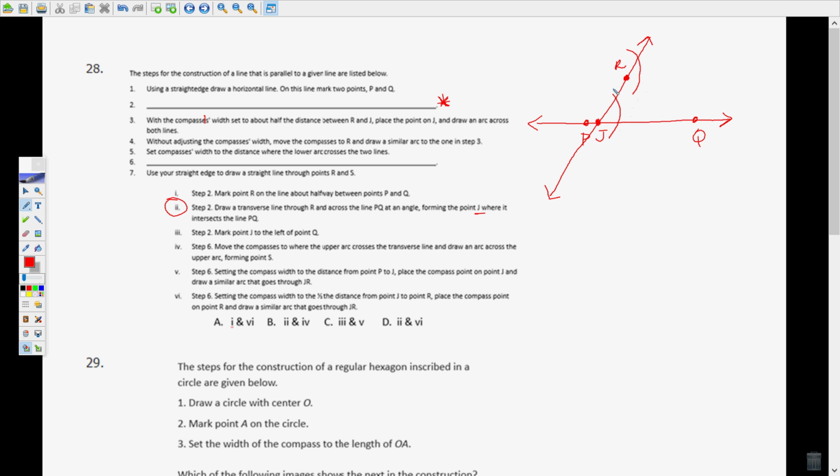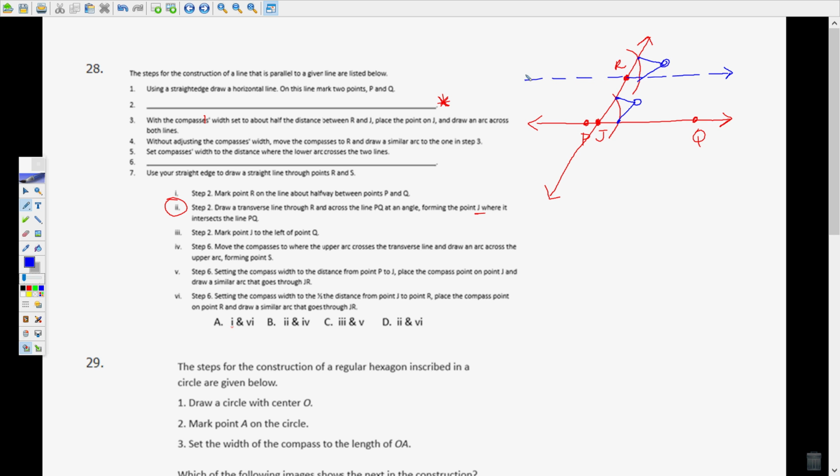Of course, this is not accurate because I don't have a compass on my Mimeo, but that's what you would do there. Then you take your compass and you measure from here to here with the opening of your compass, and then you move that measurement right here, and it's going to be the same opening as below. You're just measuring where that line is going to come across right here. And where that line comes across will be your parallel